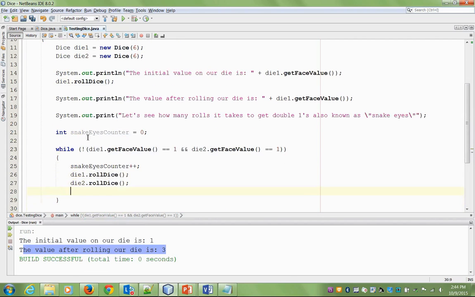So I have to tell it for each die, roll it, right? It's like, instead of putting both dice in one hand and rolling them, you have to pick them up one at a time and roll them. We're just simulating dice here. And then at the end, we can say